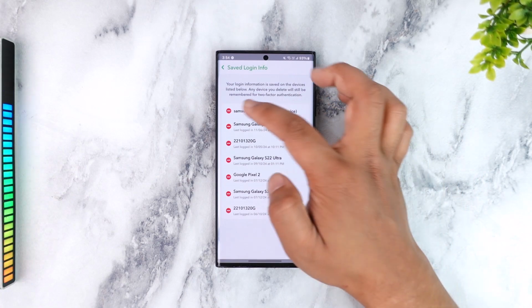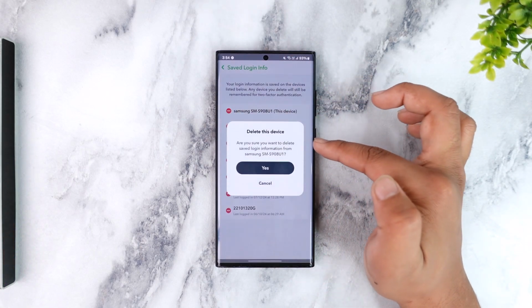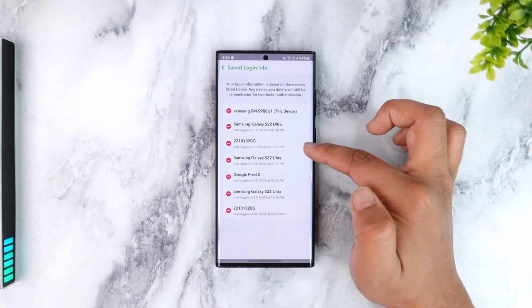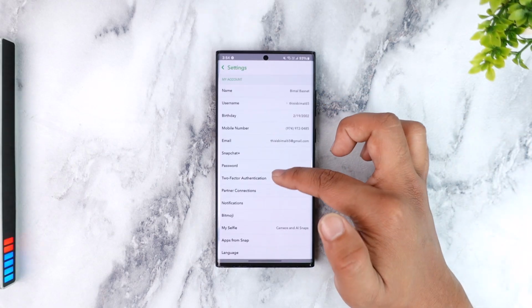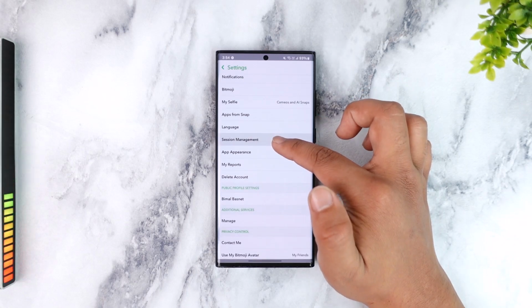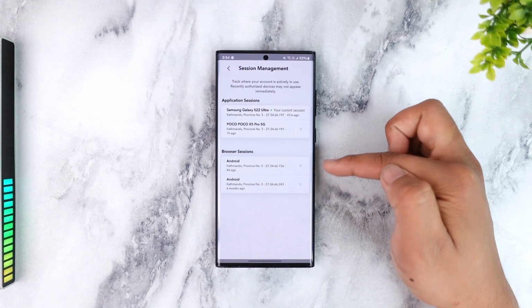So here you can see this device, this is your primary device. You also want to make sure to delete this device from here. After you delete all the login information from any of these devices, if you want to log out your Snapchat account from other devices also, then you can look for an option called Session Management. When you go here, you can also log out a Snapchat account from these devices